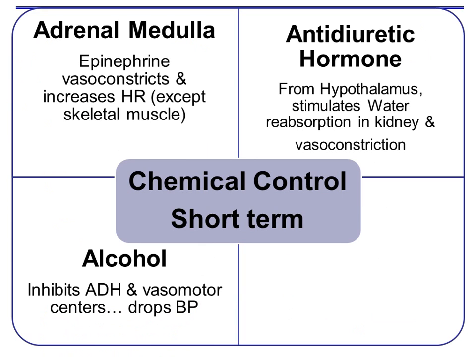So by now, with all that practice, you should be an expert on nervous system short-term control. We're going to talk a little bit about short-term control using chemistry as well. And this, I don't mean amounts of CO2, I mean more like hormones. And when blood pressure drops, or in times of stress, our adrenal medulla, which is a gland sitting on top